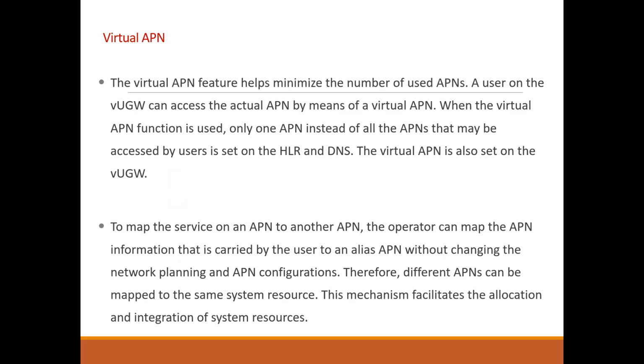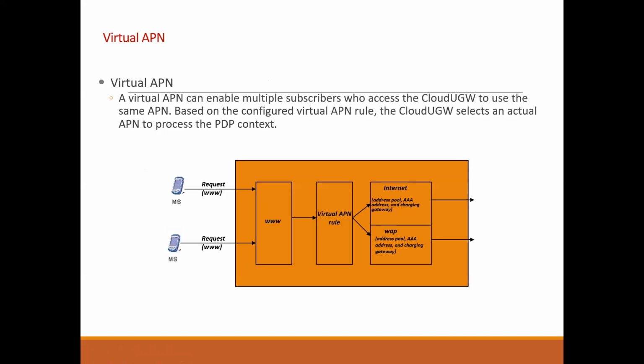Okay, so what is the advantage of this? The virtual APN helps minimize the number of used APNs. A user in a given geography can access the actual APN by means of a virtual APN. When the virtual APN function is used, only one APN is used instead of all the APNs that may be accessed by the user being set on the HLR and DNS. The virtual is also set on. Okay, so this is